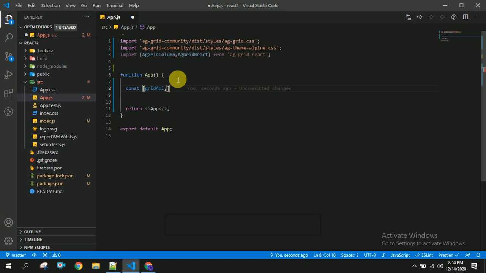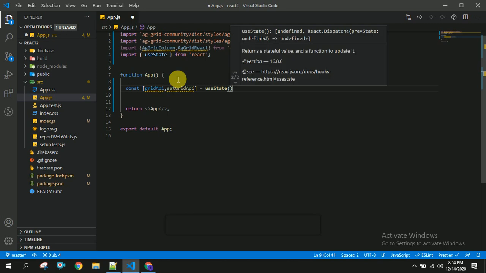and we have to set this grid API by using set grid API, and I am going to use state. This useState we have to import from React, so it is auto imported. And to this I am initializing with null value.